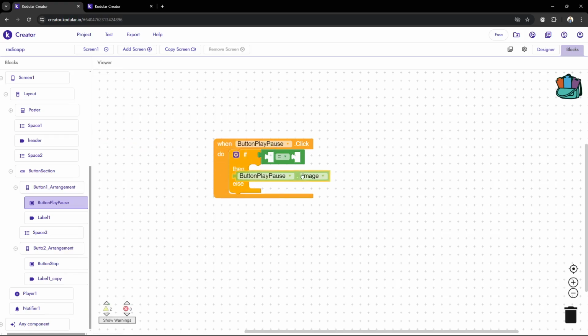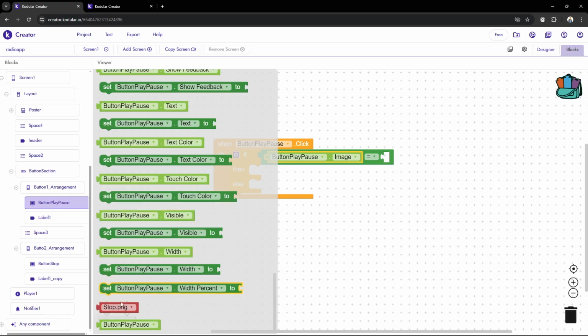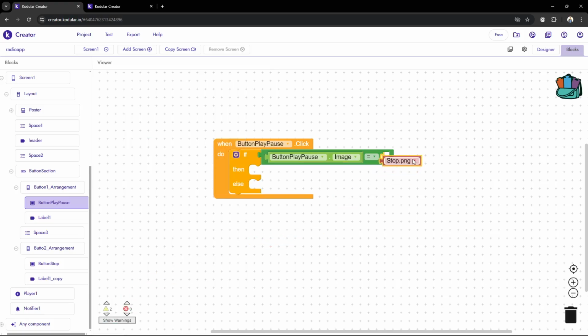Take this one, button play and pause image equal with, then take an image right here, the same as play. So if button play and pause image equals play.png,